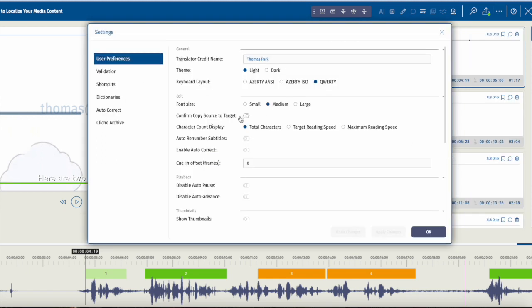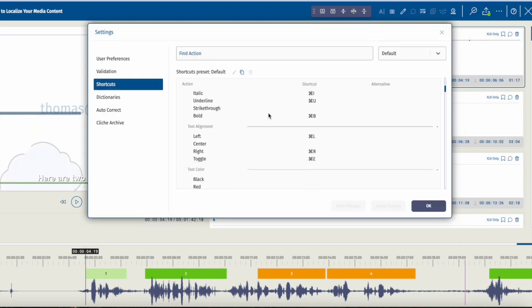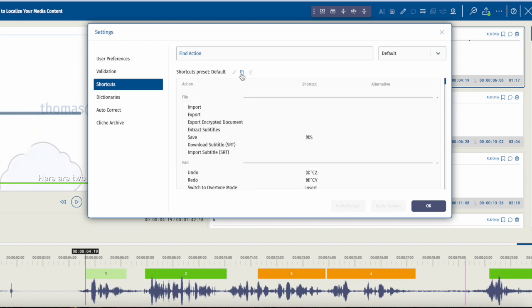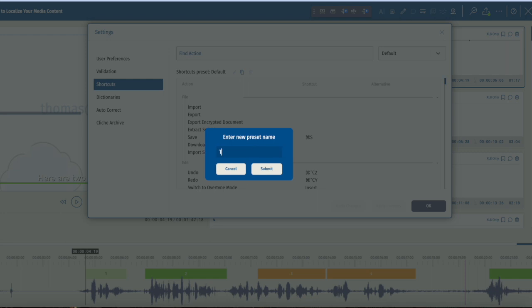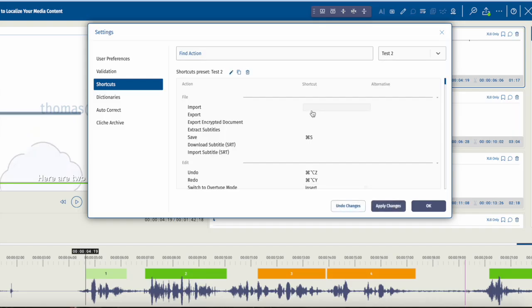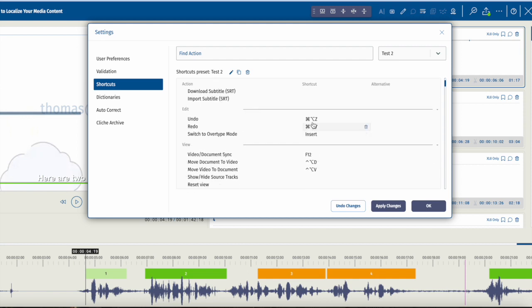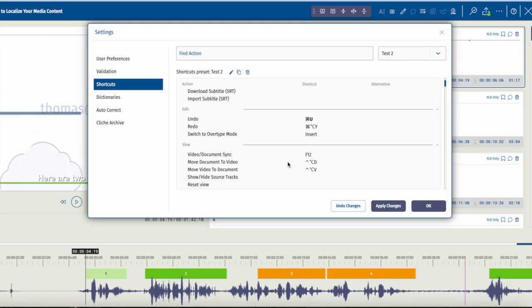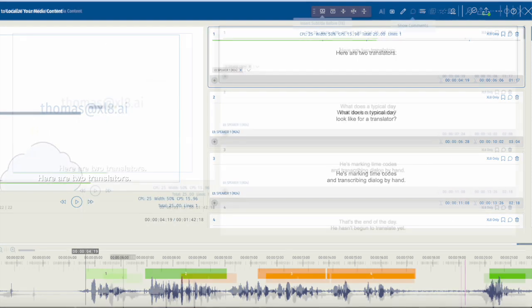One of the key advantages of MediaCat Editor is its comprehensive keyboard shortcut support. All essential editing functions, including timecode management, can be assigned custom keyboard shortcuts for maximum efficiency. While we provide a default set of shortcuts, you have the flexibility to customize and create your own preferred shortcut combinations. You can save and manage entire shortcut templates, allowing you to create tailored setups for different editing purposes.